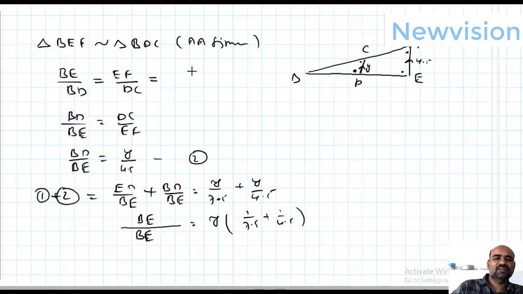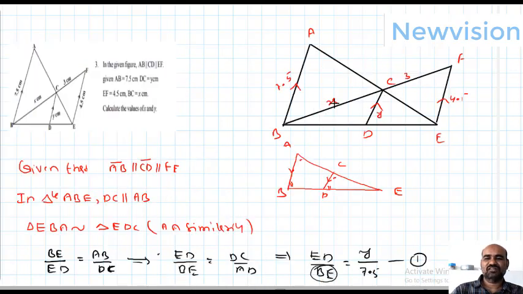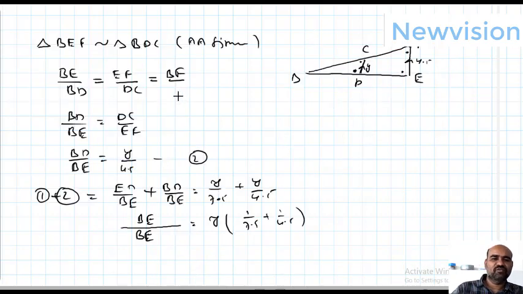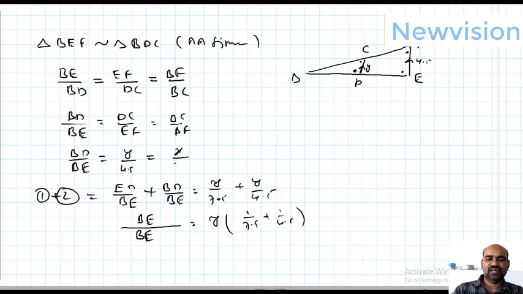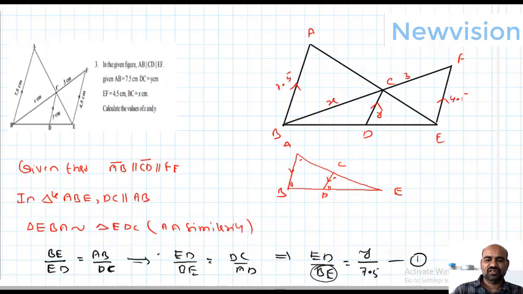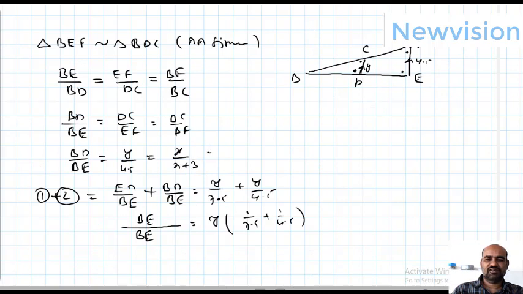The second one is also important, BE by BF. For this case you need to write the second part also because X and 3 are also given. In the previous part, AC and C are not given. BF by BC, and while inverting here also we will get BC by BF. BC means X, so X by BF is X plus 3.